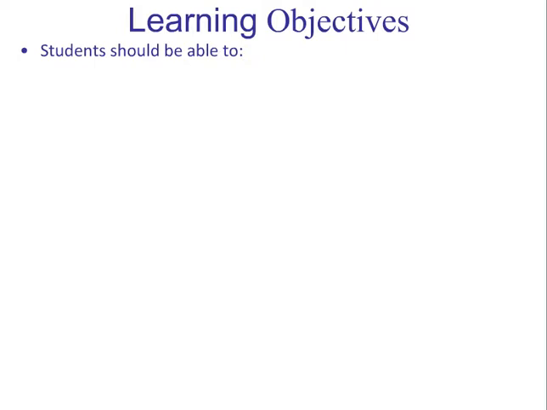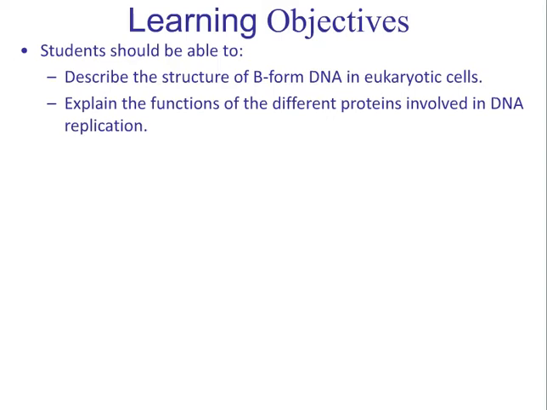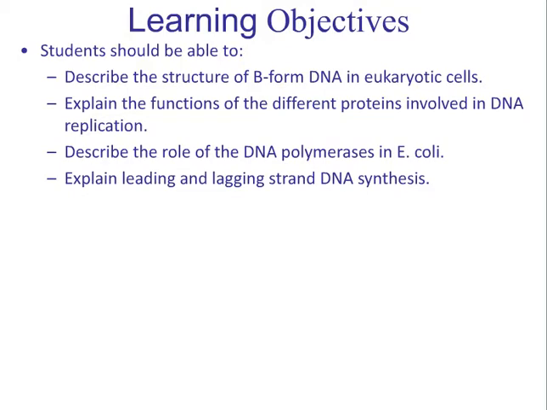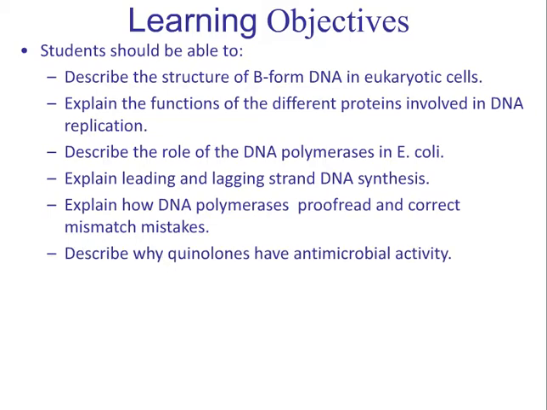After completing this learning module, students should be able to describe the structure of B-form DNA, explain the functions of the different proteins involved in DNA replication in prokaryotes, describe the role of the DNA polymerases in E. coli replication, explain leading and lagging strand DNA synthesis, explain how DNA polymerases proofread and correct mismatch mistakes, describe why